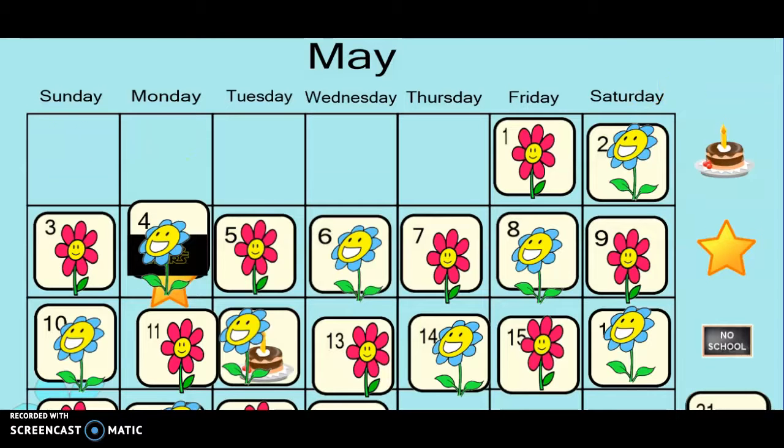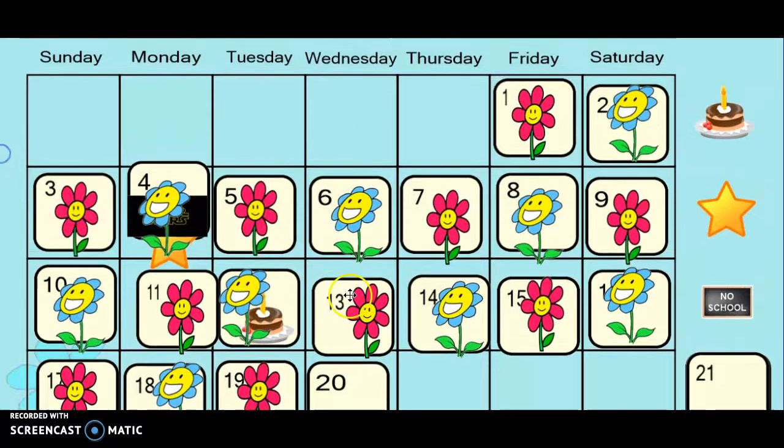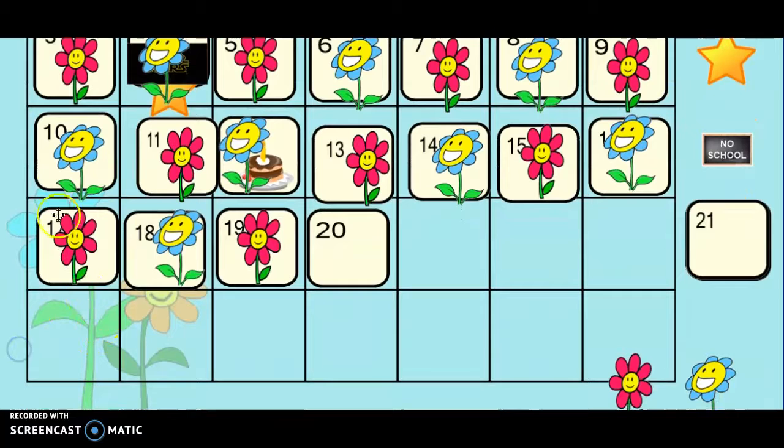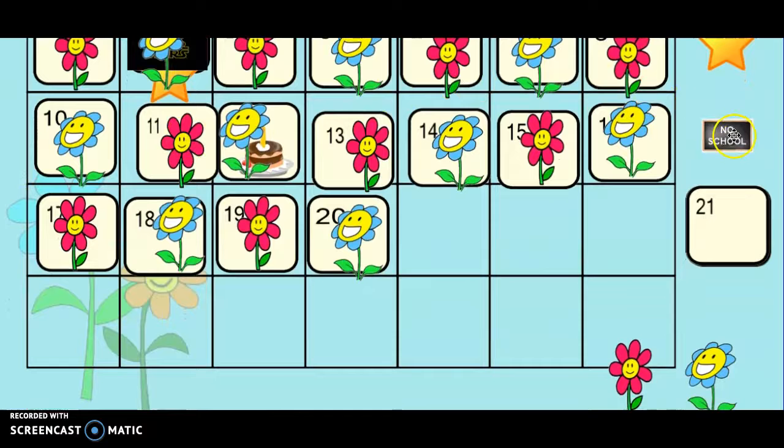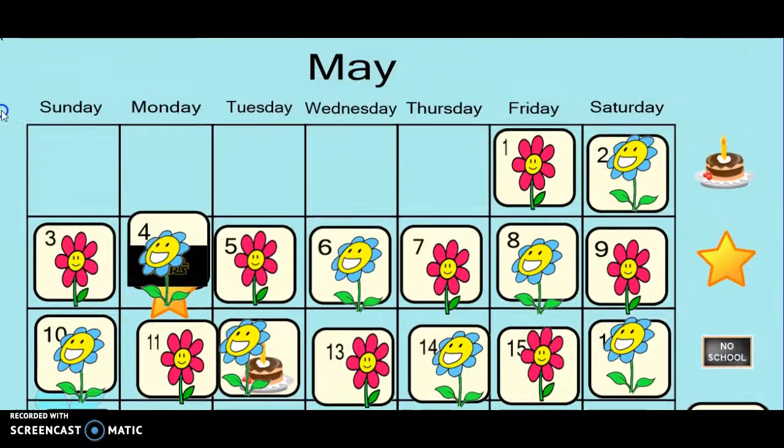Excellent. And it is Wednesday, May 20th, 2020. Let's take a look at our pattern. We are going to start right here and make it a little challenging for ourselves. Pink, blue, pink. What's going to come next? Blue. That's exactly right. All right. We have 2 more days of school this week. Now, next week, we have no school right here on Monday because it's Memorial Day weekend.